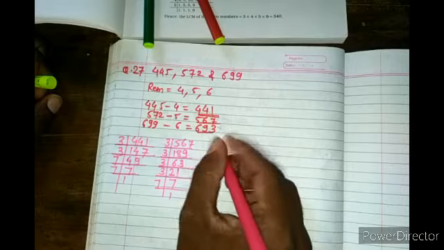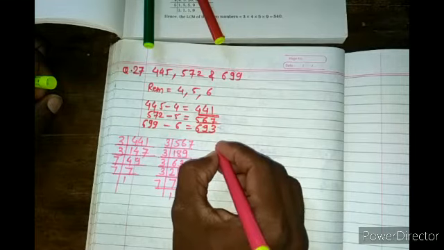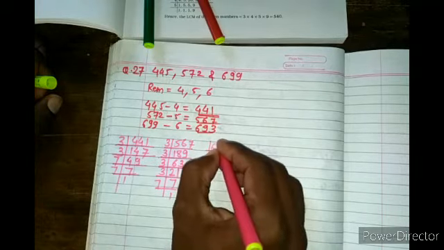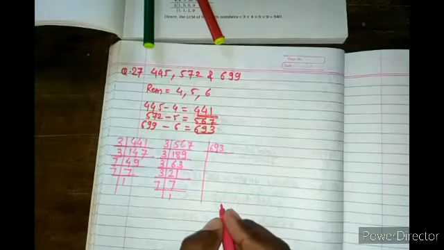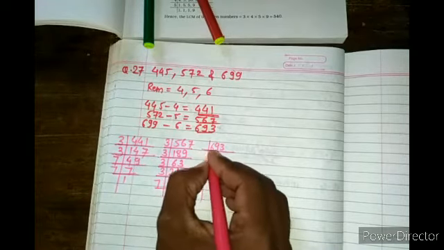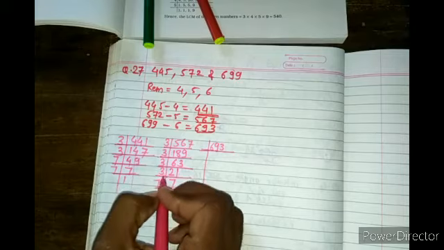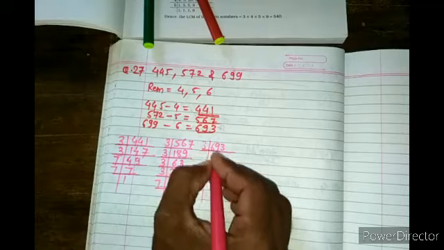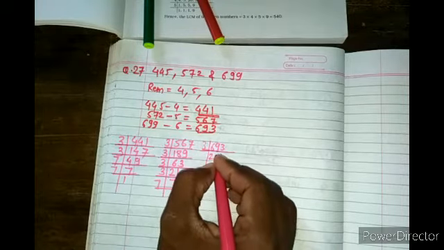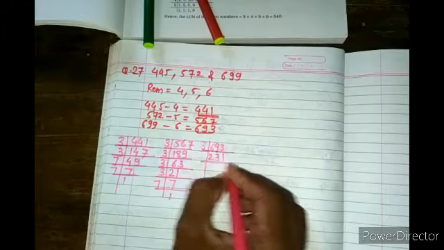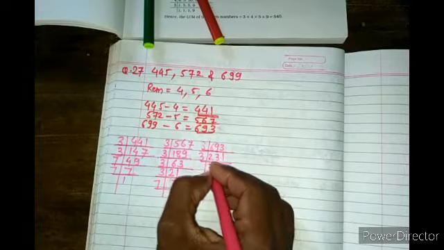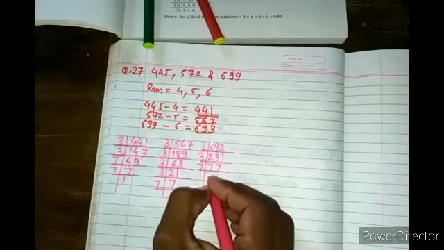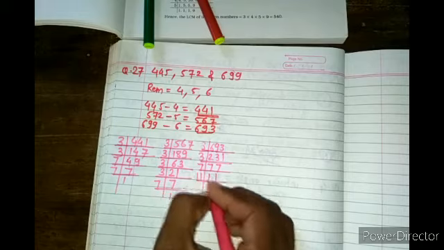Now last, I will take 693. You very well know how to find the HCF by this method. Just keep in mind you have to take prime numbers as divisors. Here also 3: 3 twos are 6, 3 threes are 9 and 3 ones are 3. Again 3: 3 sevens are 21 and 3 sevens are 21. Now it is 7, 7 ones are 7, and now last 11.